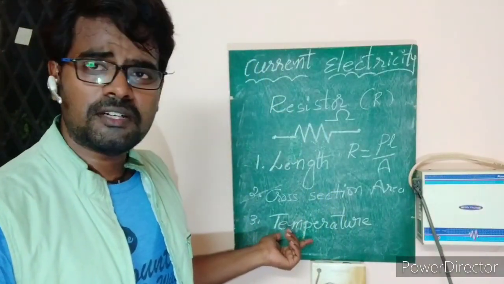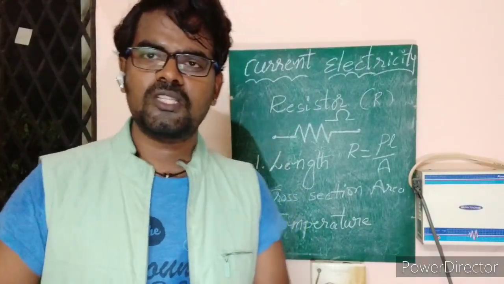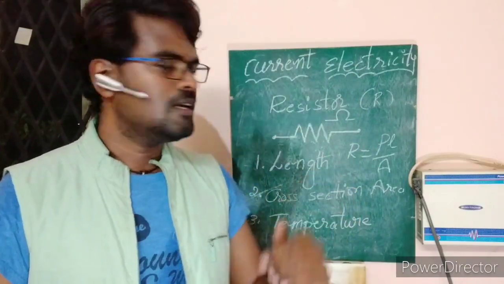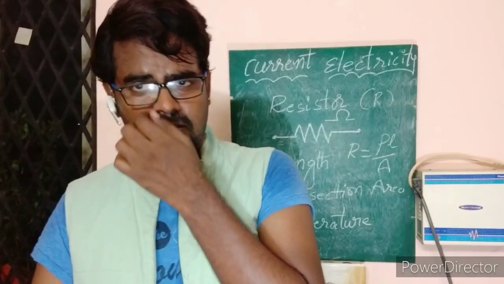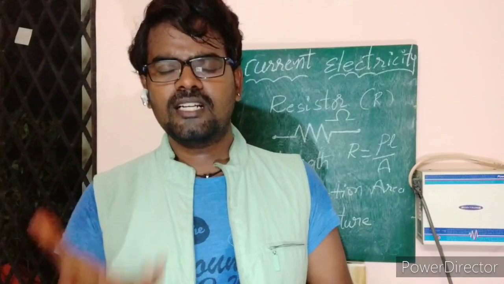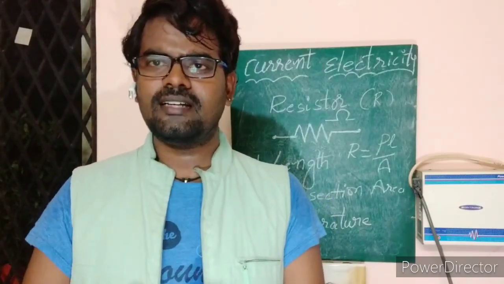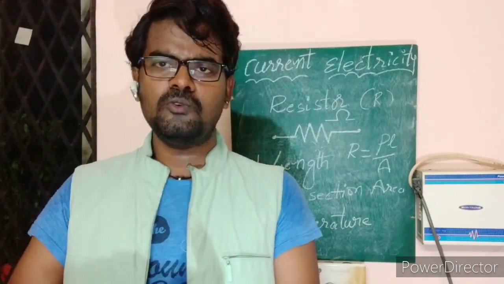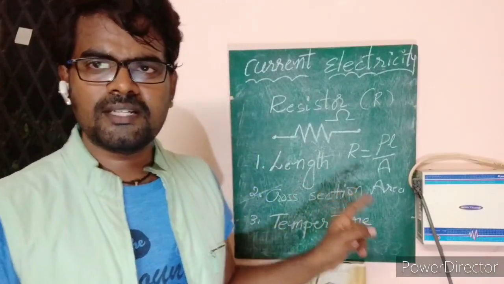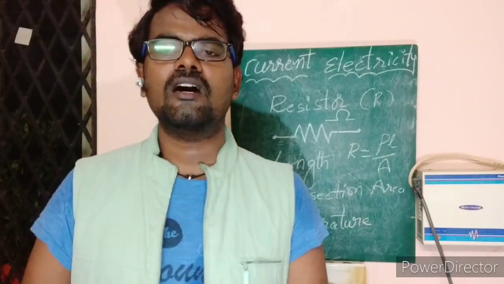And the third and important one is temperature. If the temperature is increased continuously, what will happen? The resistance value will get down and higher amounts of current will flow through it. The best example is when we use our computer systems, or you are using your mobile phone for a very long period of time. Then the temperature of that mobile phone will rise. Then automatically the operations differ compared to the earlier cases, because even if you touch at one point, it will operate in another way. The reason is that because of the temperature, the resistance value gets down and higher amounts of current are flowing through it. That's why it is working in abnormal conditions.